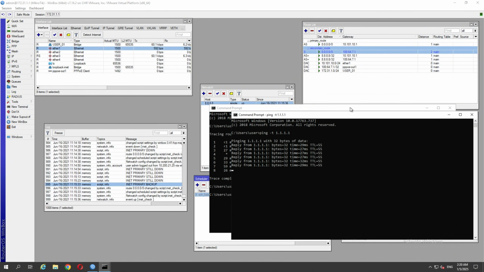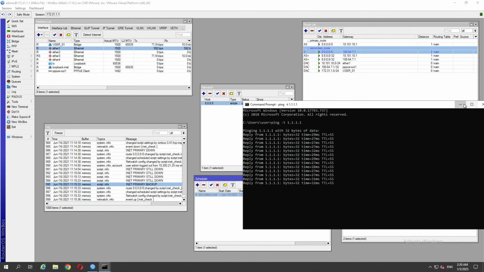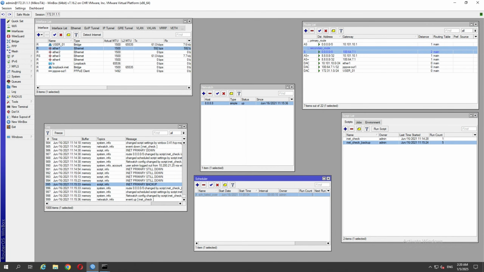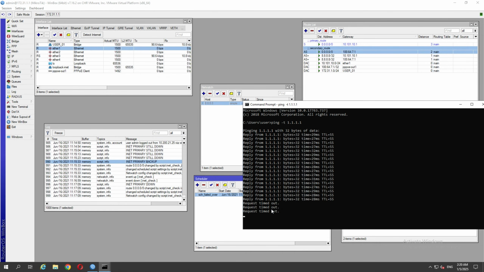Okay. So let's disable it again. So let's minimize these two and disabled. So we just wait for it to fail over. Let's keep our pings. Oh, we've lost a ping, because this is where you could tweak the times if you wanted a quicker failover. There we go. So we lost about 4 packets there,